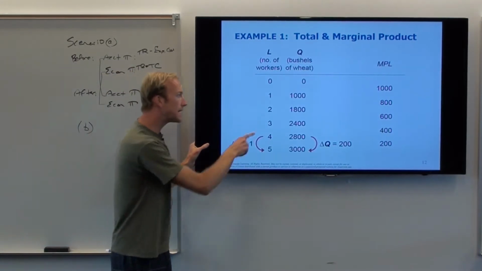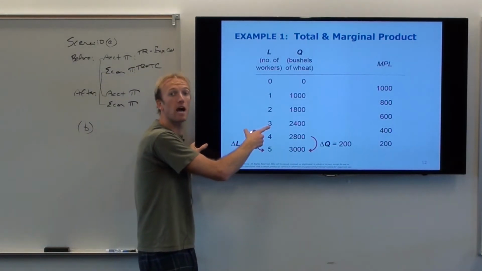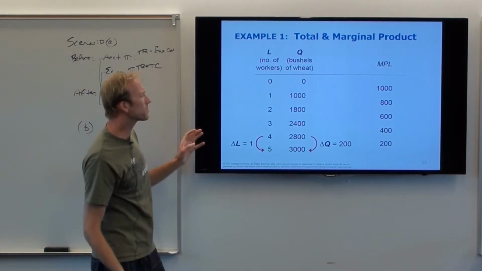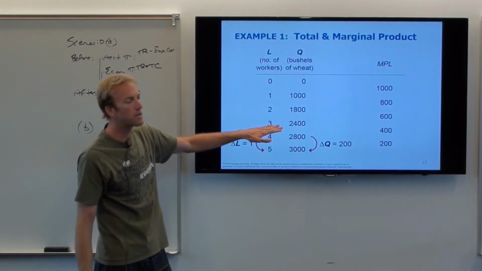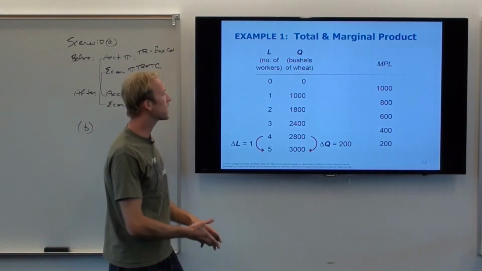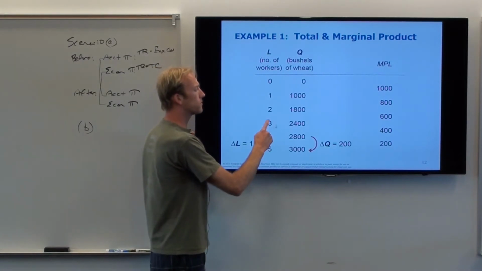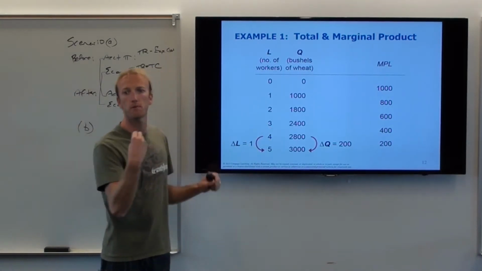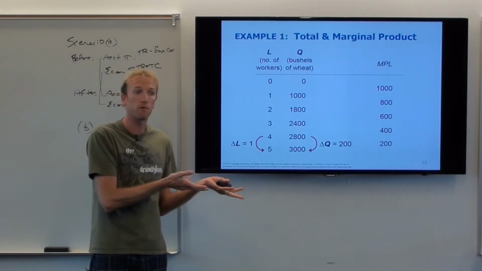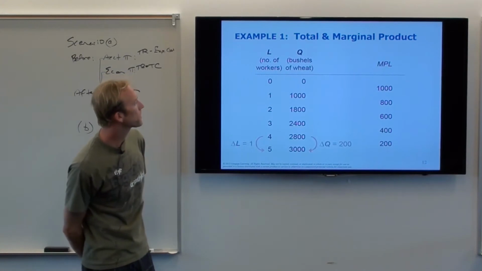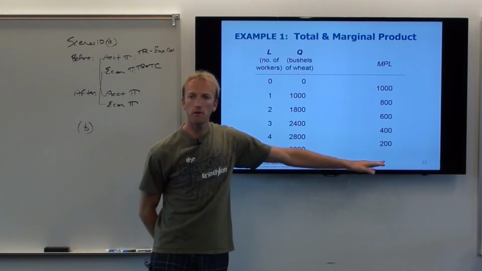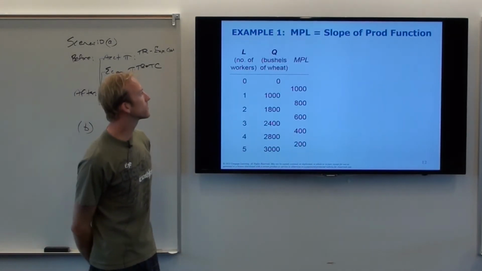of worker number 3? That's like, how much does guy number 3 bring to the party? Well, you just look at 600. Sometimes when I ask what's the marginal product of guy number 3, people are not sure whether to tell me 600 or 400. Don't make that mistake. Just realize, when I'm asking what's the marginal product of guy number 3, it's how much does guy number 3 bring to the party? How many more products do we get that we didn't have before? And it's clearly 600. All right, so that's the marginal product of labor. What do you notice about it? It's decreasing, right?